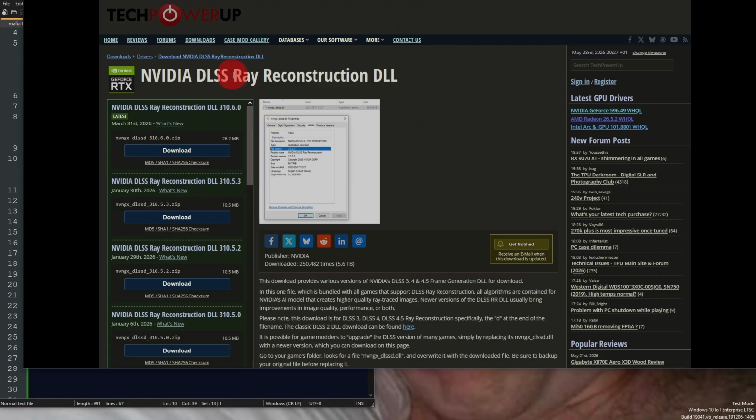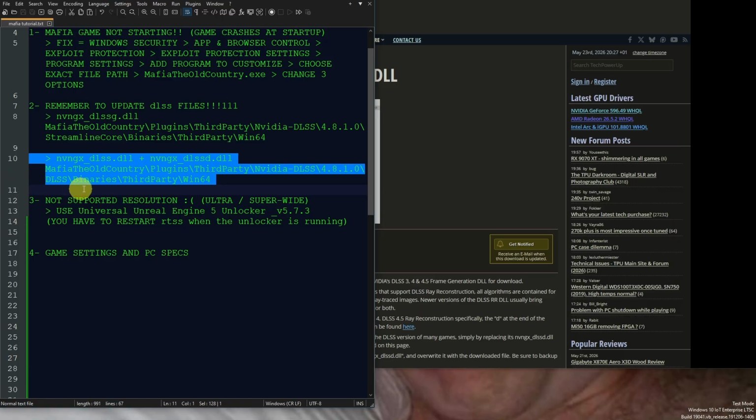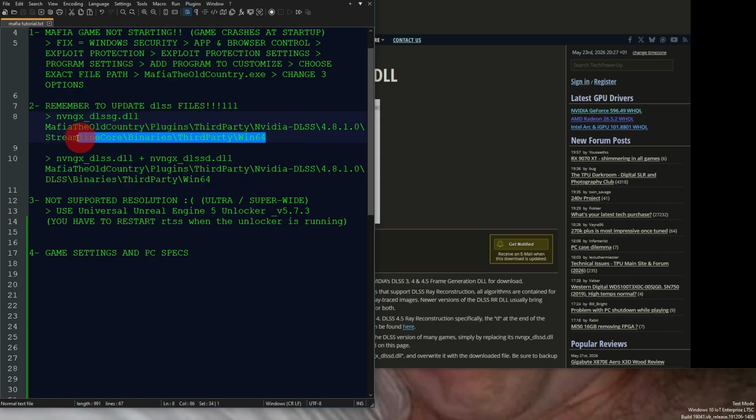The third one is ray reconstruction. The same version again, 310.6.0 as of March 2026. Hit download, download it and extract the zip. Remember where you have to replace each one. So for DLSS, the normal one, this is the location. For DLSS D, again, the same location. But for DLSS G, this is the actual location where you will find it. Problem solved. Now let's go to point 3, which has to do with all those unsupported resolutions like ultrawide and